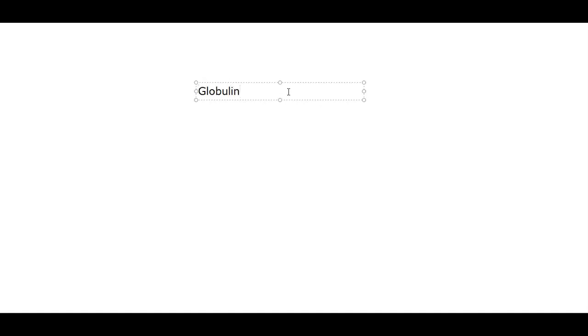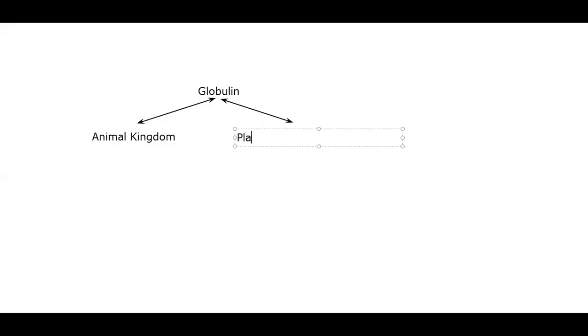Globulin. This protein, which was referred to as globulin, got categorized into two different types. This protein got modified into two different types. One went into the animals, and this globular protein, which was found in protozoans, entered into the animal kingdom. And another protein, the same protein, even entered into the plant kingdom. The same protein entered into the plant kingdom.